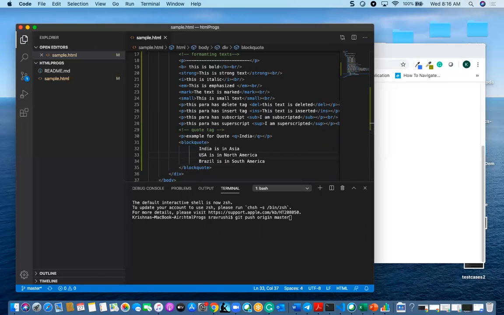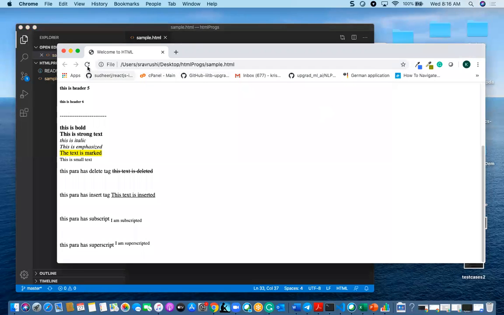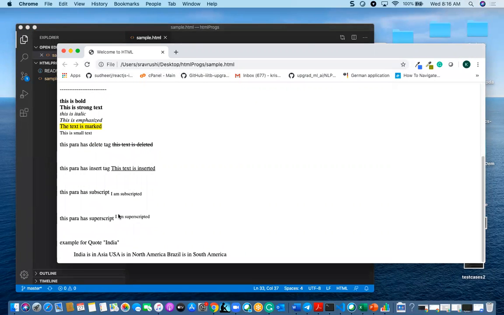Okay. Now if I see this, you can find India is in the quotes, and you can find here the block quote.